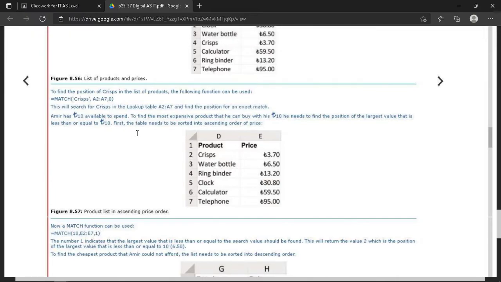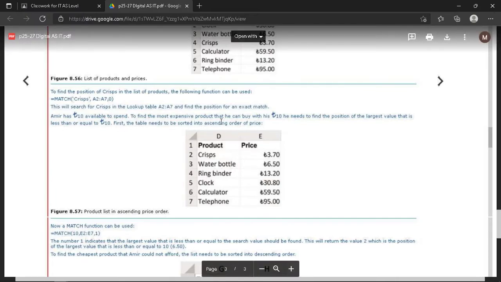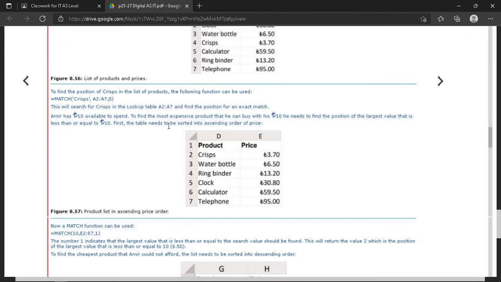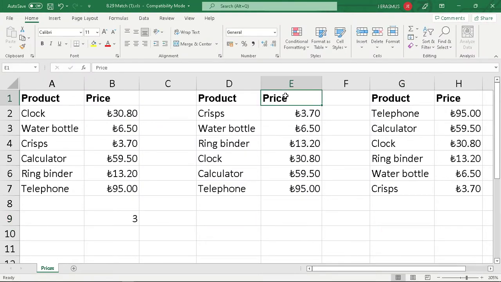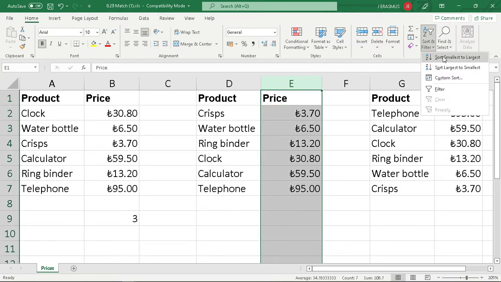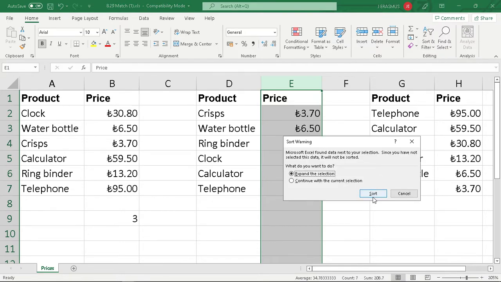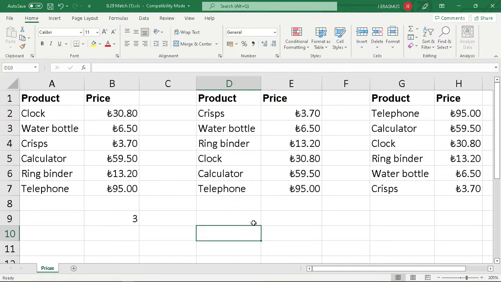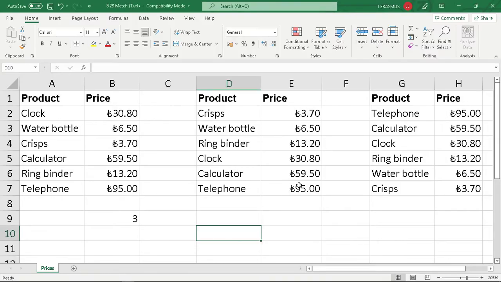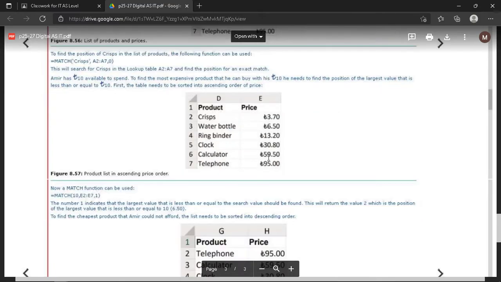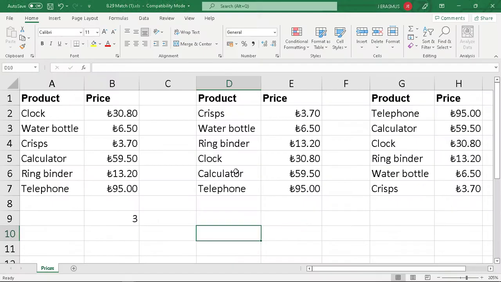So first, in order to find the most expensive product that he can buy, we first need to sort the table in ascending order of the price. So maybe before I even type in this formula, we first say the price, and then we're going to sort and filter from the smallest to the largest. So right now it's from smallest to highest. So crisps, telephone, so it goes from there to there. And we are going to put in the function